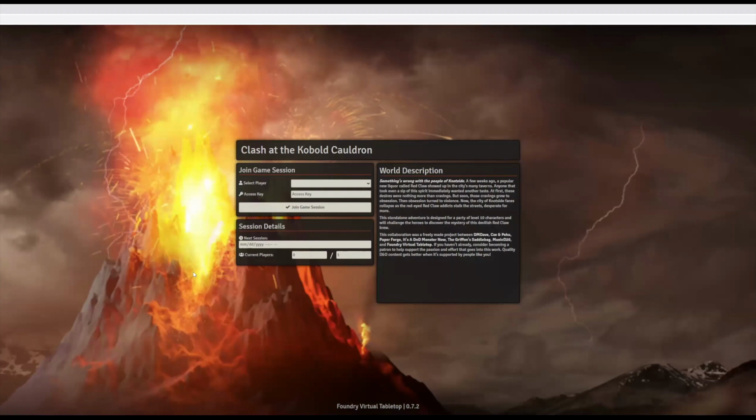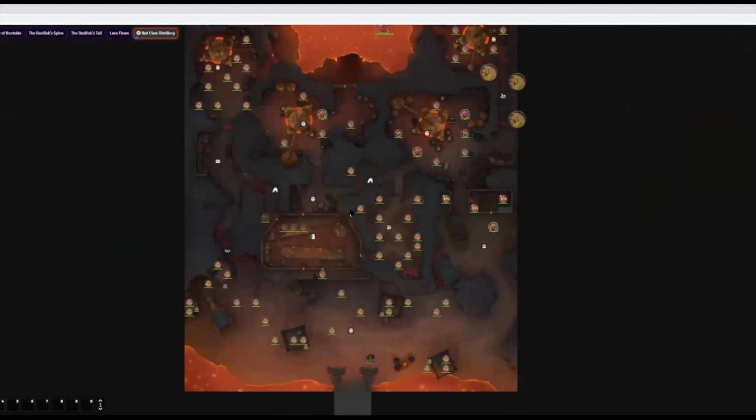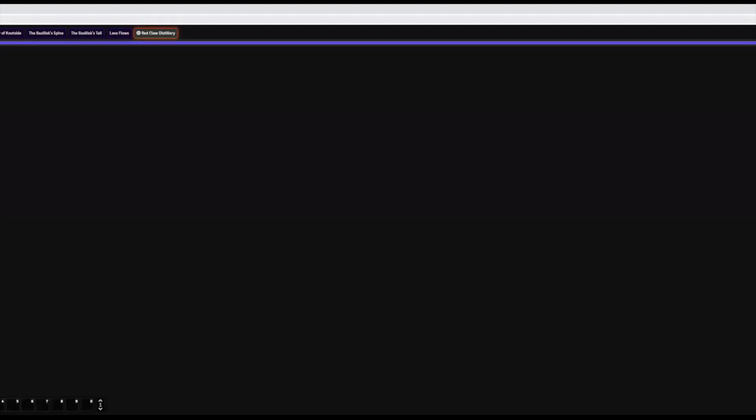Yes, looks good. So this was actually that adventure that you were mentioning. I can set up another player account so that if you want, you can join at the same time. And so I'm going to go to configure players and I'll add a user for you here. And I can give you